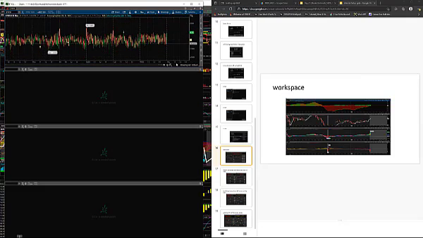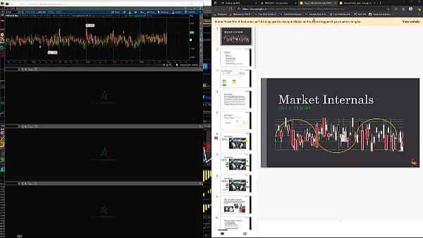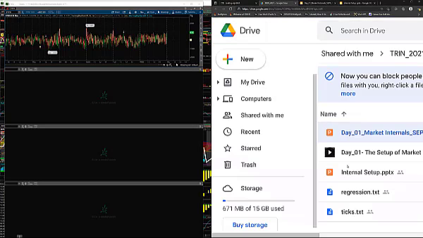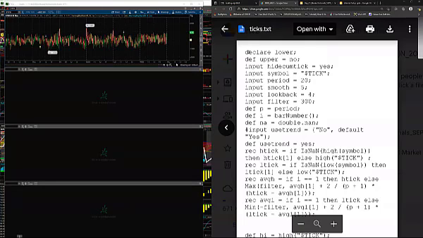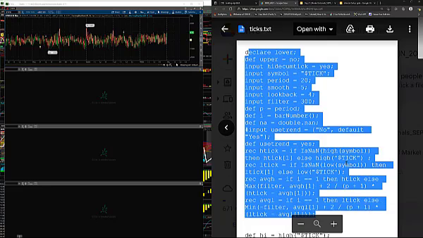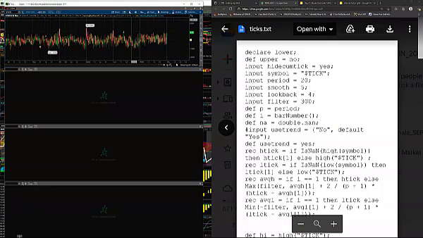So when you read articles or some literature or textbook that's teaching you how to read this, it's kind of complicated. Let me go into the drive and see if there's any. Okay, there it is. So in the drive, there's this text file called ticks. And if you open it up, it's going to give you this. So copy paste that into,